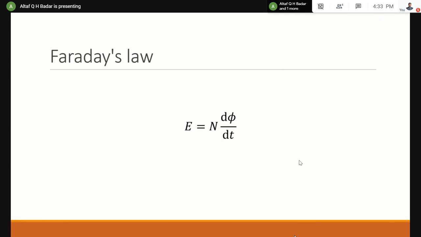So this particular phenomenon is defined by Faraday's law. It will show how, based on the coil, the movement of the magnet can be, and how the conductor will be exposed in case the magnetic field is changing. And then from this particular law itself, you can go up to Lenz's law also, which states the same thing but with a negative sign, which is minus N d phi by dt for Lenz's law.